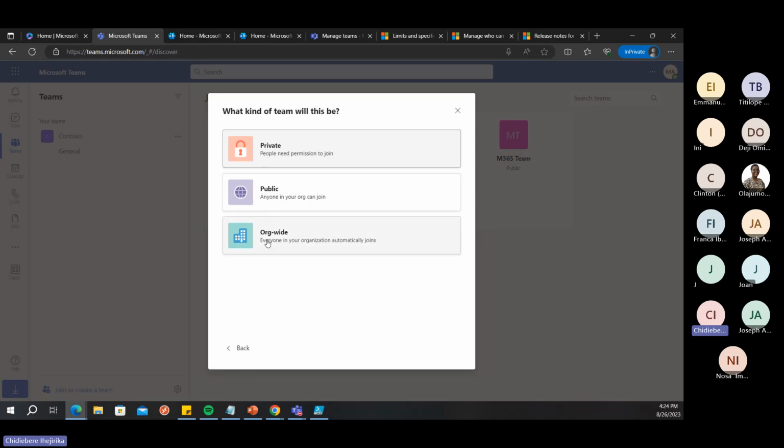This is going to be different from theirs, right? So Microsoft has given the permission for only the administrators to be able to create an org-wide team. So this is called an org-wide team. Now, this org-wide team is a type of team that automatically allows everyone within your organization to join a particular